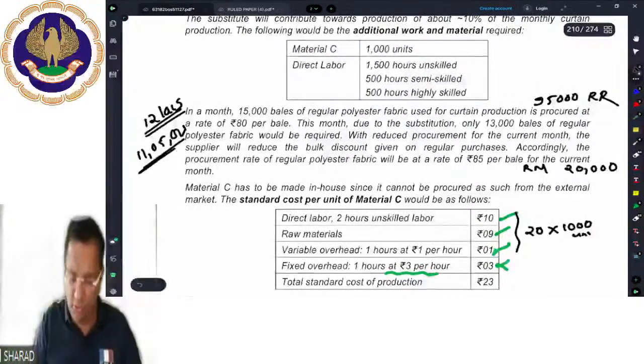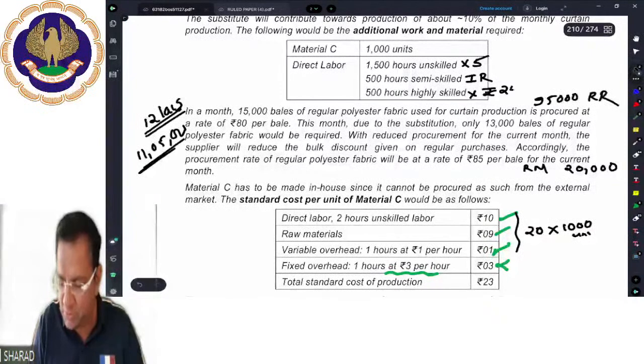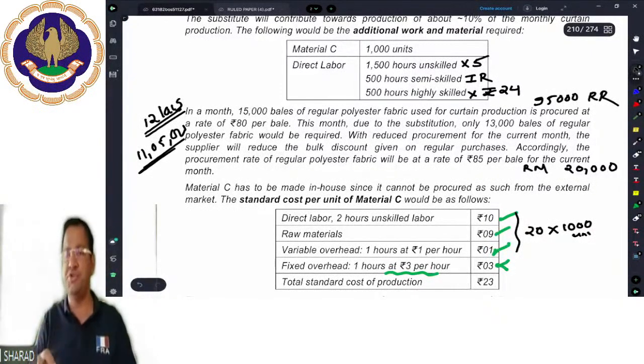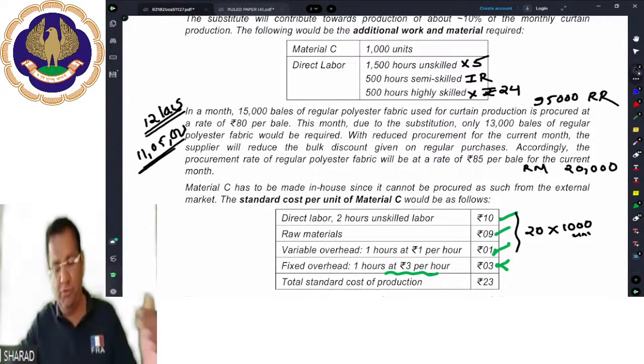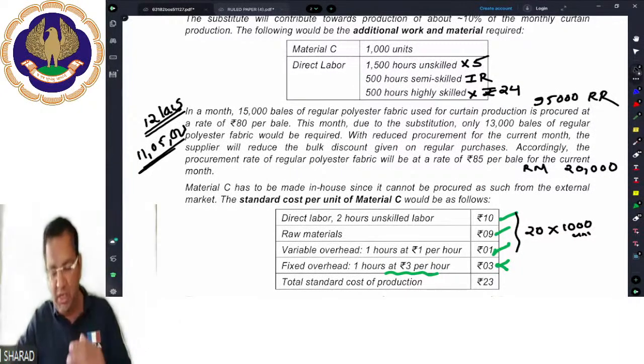नाउ वी ऑलरेडी नो अनस्किल्ड लेबर इज रेलिवेंट, रुपी 5. इट इज इररेलिवेंट. हाईली स्किल्ड लेबर इज रेलिवेंट, रुपी 9 पर कॉन्ट्रीब्यूशन, 9 रुपी ऑफ कॉन्ट्रीब्यूशन प्लस 15 रुपी ऑफ लेबर कॉस्ट, 24 रुपी. तो इसका भी आंसर हम बहुत इजीली निकाल सकते हैं कि हाउ मच रेवेन्यू, हाउ मच नेट एडिशनल प्रॉफिट वी आर अर्निंग ऑन दिस पर्टिकुलर क्वेश्चन. ठीक है बेटा, चलो